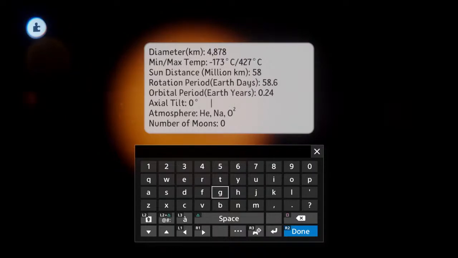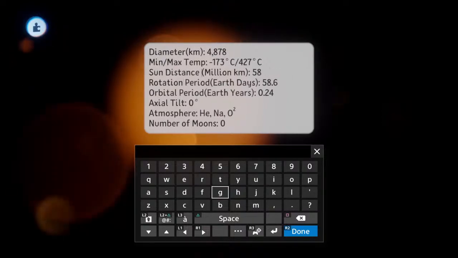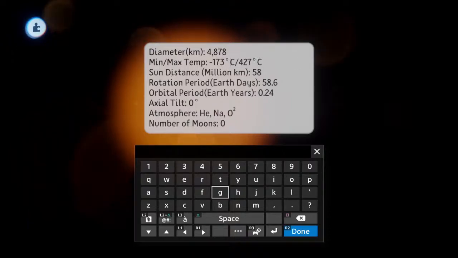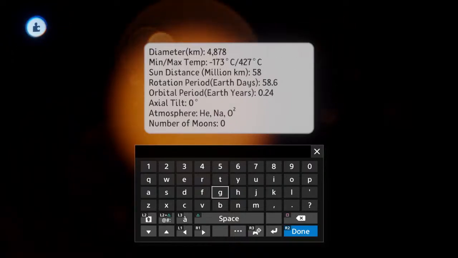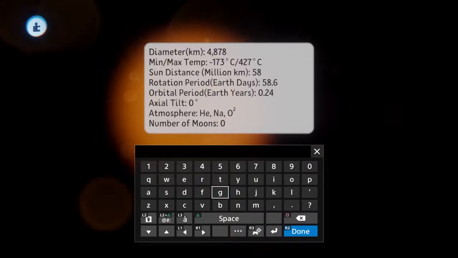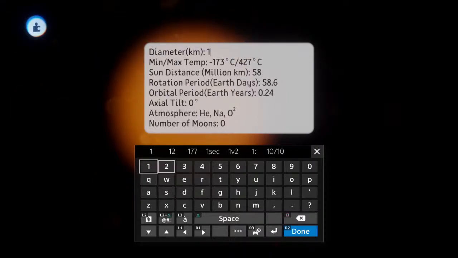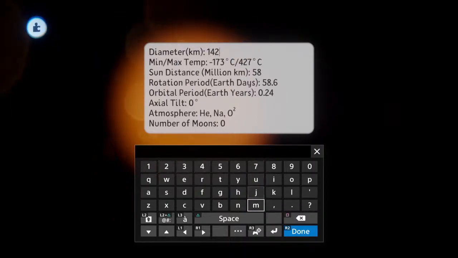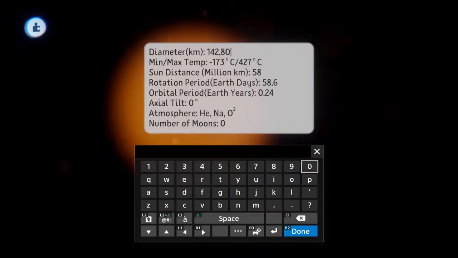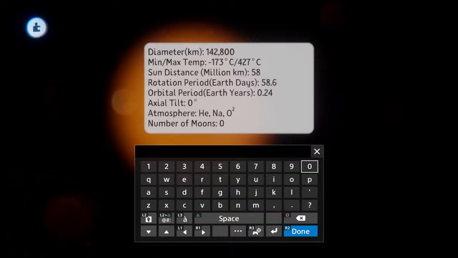Diameter 142,800. I should be going backwards. It might go faster, but whatever. 142,800. Oops. Min max temp of Jupiter